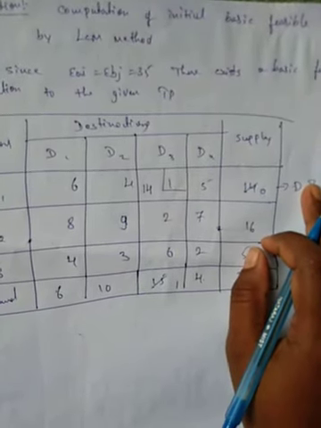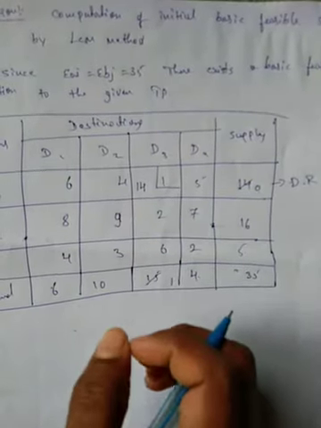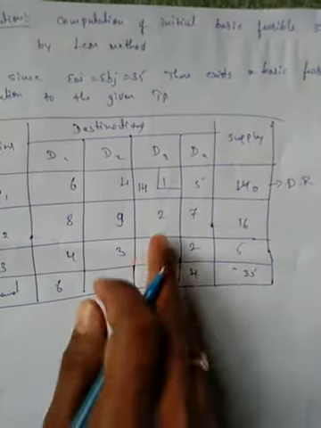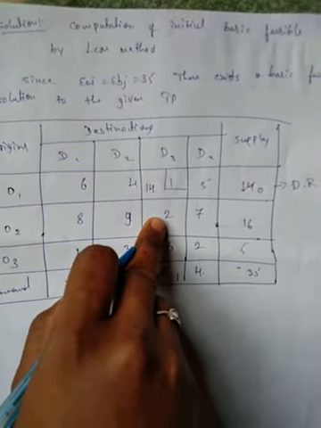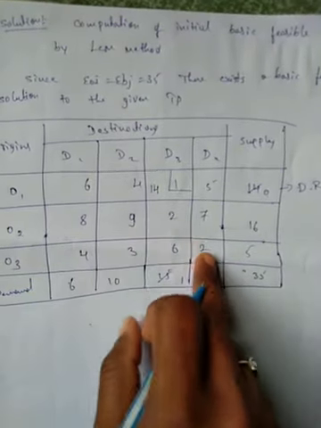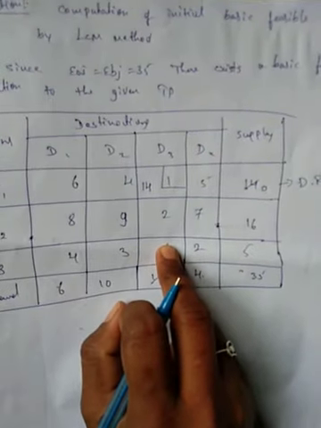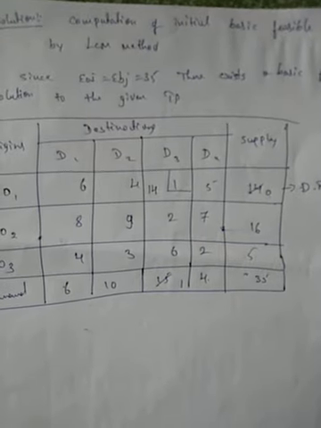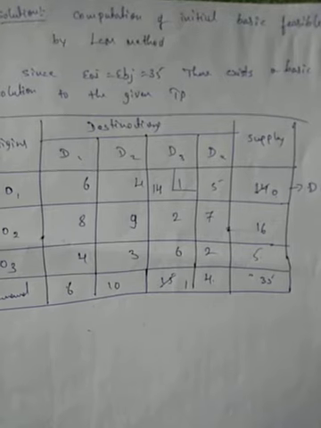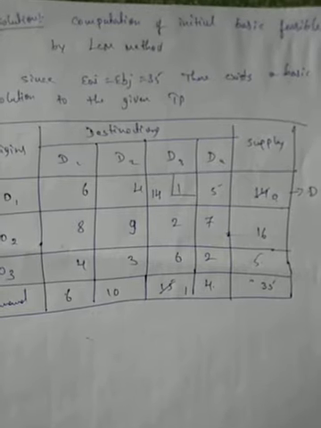Next step, to next find out the allocated cell, remaining rows and columns. Find out the least cost or smallest cost in remaining rows and columns. So here there are two least cost. So in third column, second row. So here also third row, fourth column. So in these cases we select only one least cost which cost has maximum demand. So we select only one cost or one cell which cost has maximum demand.